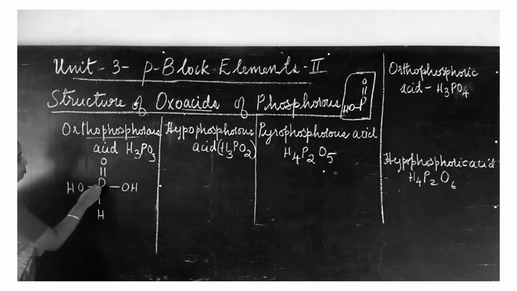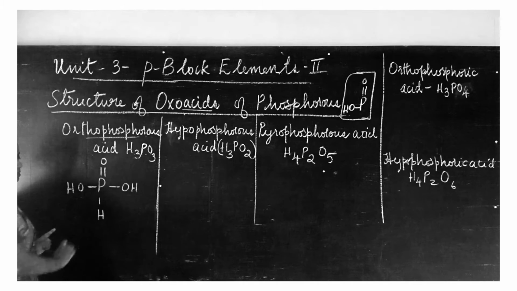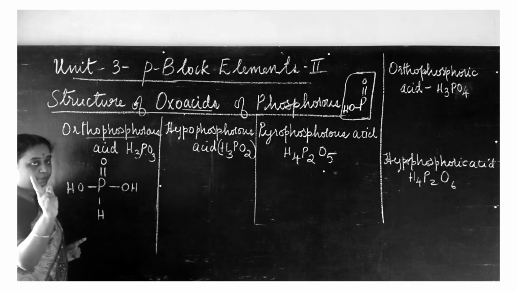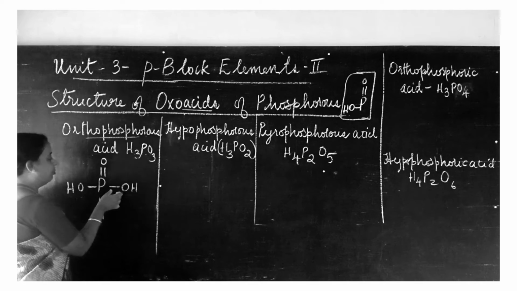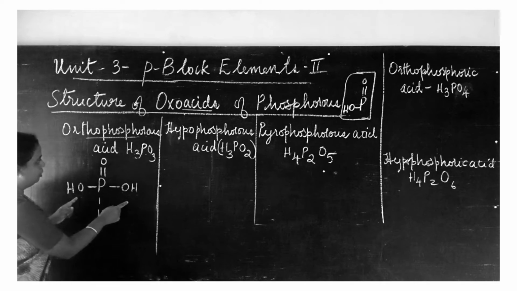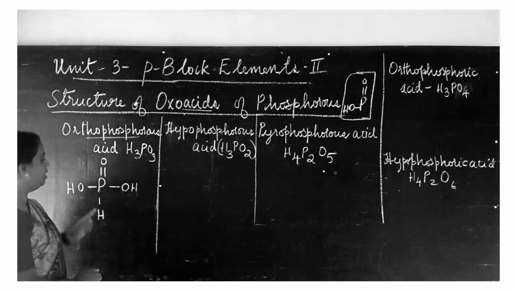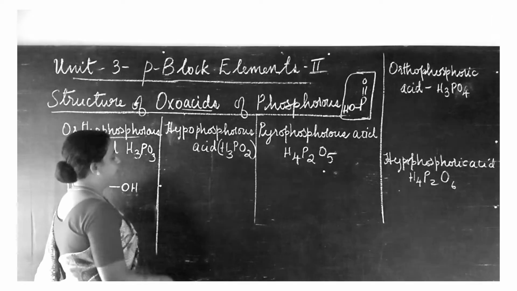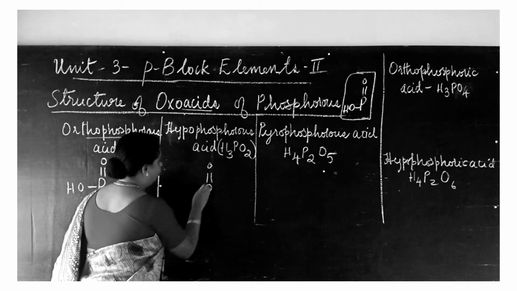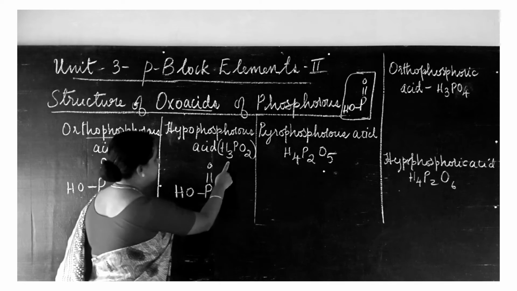Now let us look at the bonds surrounding the phosphorus. 1, 2, 3, 4, 5 bonds are there surrounding the phosphorus atom, and near the oxygen there should be 2 bonds, 1 bond with hydrogen and 1 bond with phosphorus. Fine. So now 3 hydrogen atoms, 3 oxygen atoms and 1 phosphorus atom. This is the structure for orthophosphorous acid. Now let us look at the structure for hypophosphorous acid. As usual, P double bond O, bond OH, we put it. And now how many hydrogen atoms are left here?